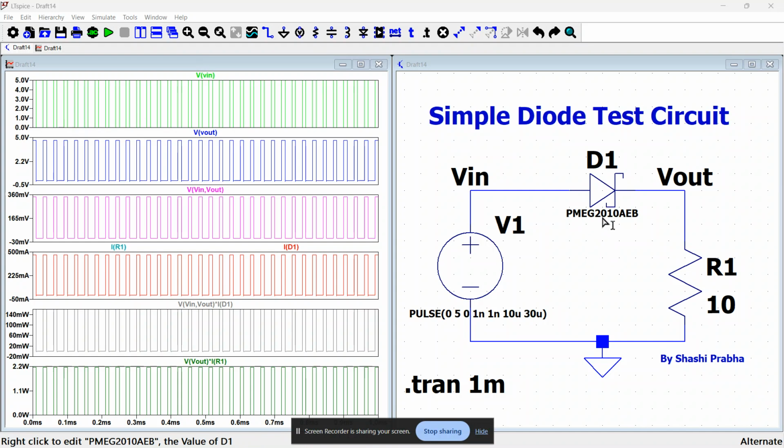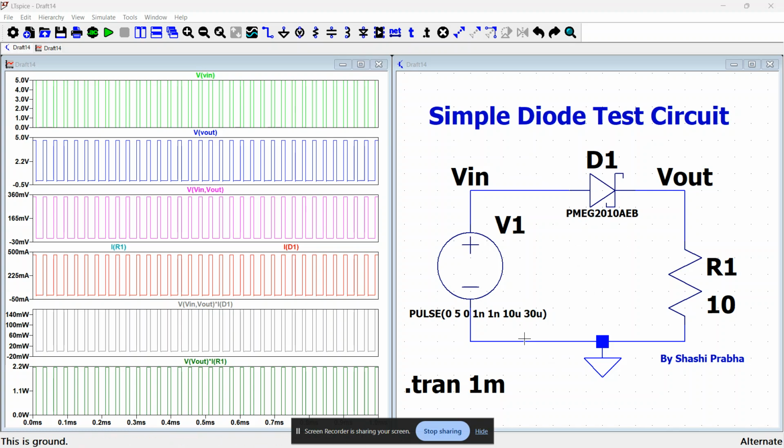So, this was my interview question one year ago. The interviewer asked me, is there a forward conduction drop? Is there any voltage drop across this diode? According to my understanding at that time, I thought it is a simulation environment, so it will behave like an ideal diode with a zero forward voltage drop, whatever the current. But he asked me to make a circuit and show the voltage drop across this diode. So that time I got to know this fact.